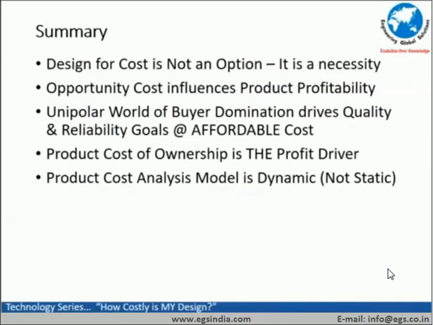So that summarizes the presentation on how to determine the product cost, how costly your product can be, in terms of either cost of precision, which typically we look at, the top of the iceberg, or the bottom of the iceberg, which is 10/11 as compared to 1/11 sitting on the top of an iceberg, right? The 10/11 is nothing but your cost of poor quality and cost of poor reliability. With that,